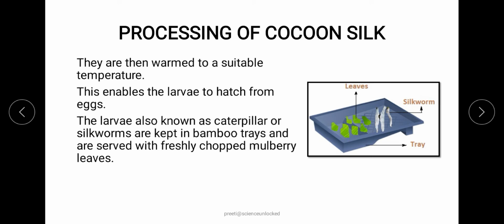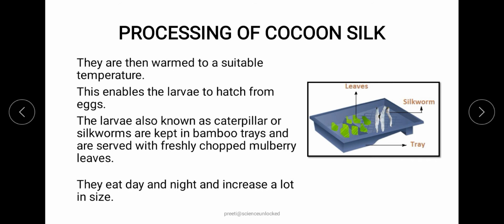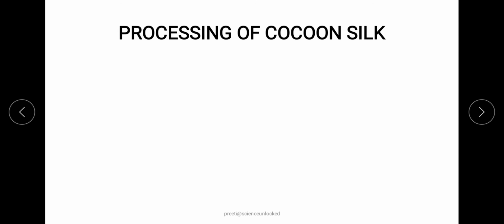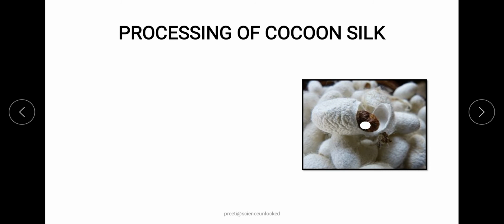So the moment the eggs hatch and the larva or caterpillar comes out of these eggs, they can feed on these leaves straight away. This way the eggs or the larva will not get the feeling or the senses of the artificial environment or artificial medium where they are kept, and they will be able to grow and develop just like in similar conditions. Now once the larva or caterpillar feeds on the mulberry leaf, it will get totally grown and mature.